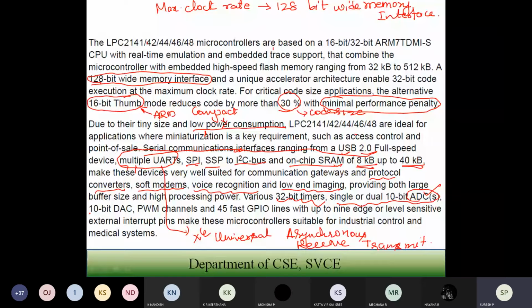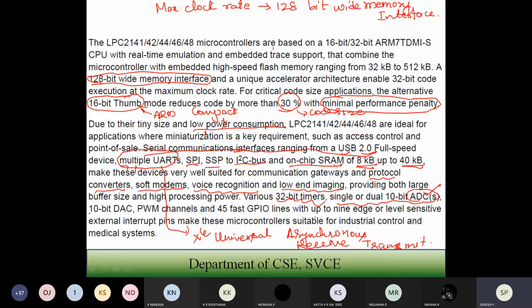Both have single or dual channels. Next are the PWM channels, that is, pulse width modulation channels. Apart from this, it has 45 fast GPIO lines, general purpose IO lines, with 9 edge and level sensitive external input pins, which respond to external inputs.